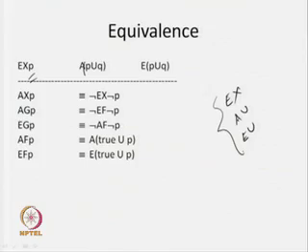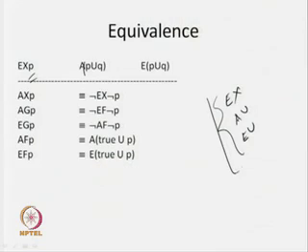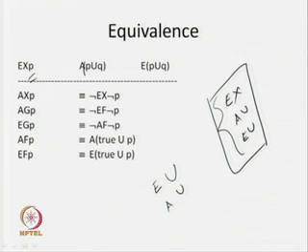So, we can say that these are the adequate set of operators that we have, and with the help of these 3 operators we can express other operators also. But this is not the only adequate set of operators for CTL formula. We have some other adequate set also, but how are we going to get it? We can see that with the help of these things I need both A U and E U. So, in the until operator I need both the combinations, E U and A U. That is why we need these 2 things.